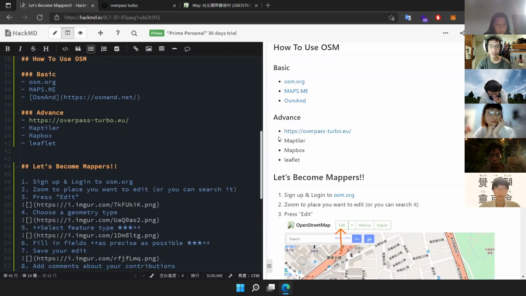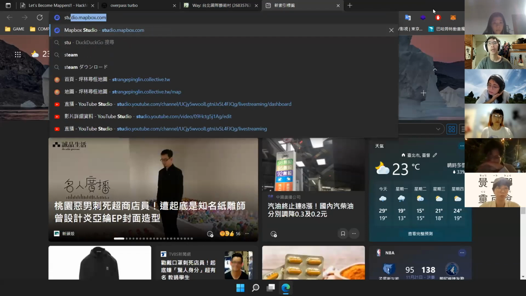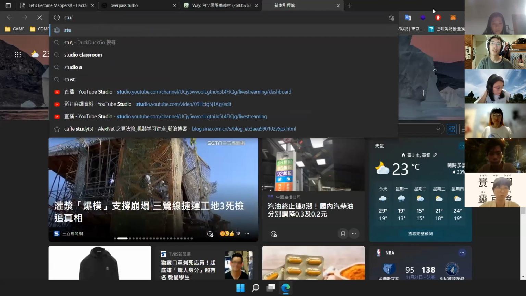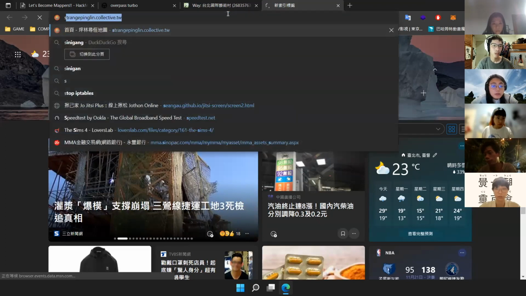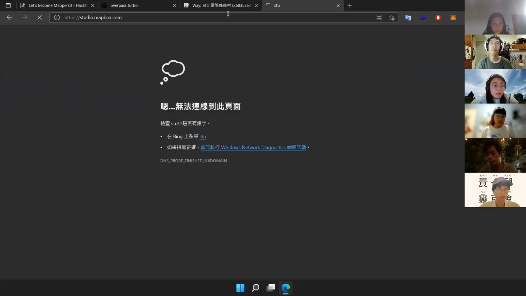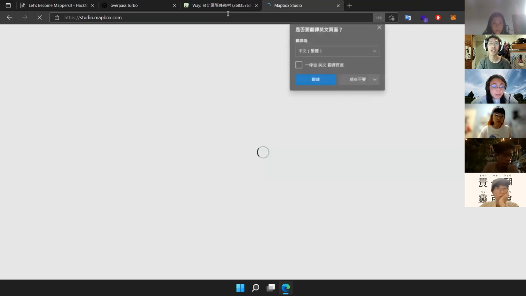And the other three, Map Tiler, Mapbox and Leaflet, are totally for coders. If you don't know how to do coding, it will be a little bit difficult for you to use these three tools. But I will still demo Mapbox to you because it's a very quick way that you can use the data in OpenStreetMap